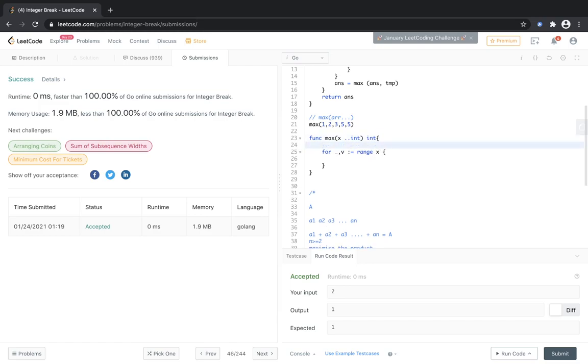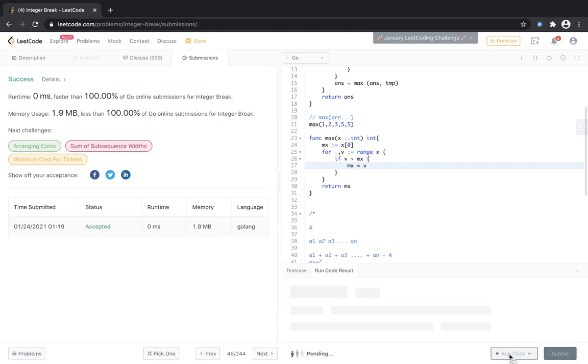So now let's say that the maximum value that we need to return is x0, the very first value, and we are returning this max, and if v is greater than max, then max is equal to v.